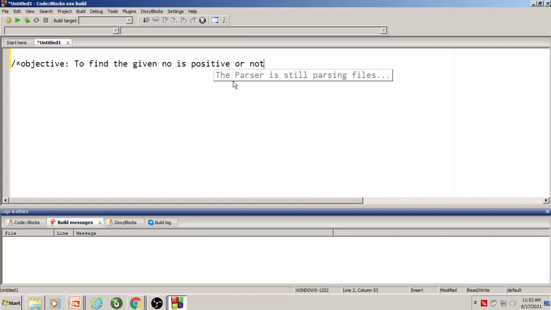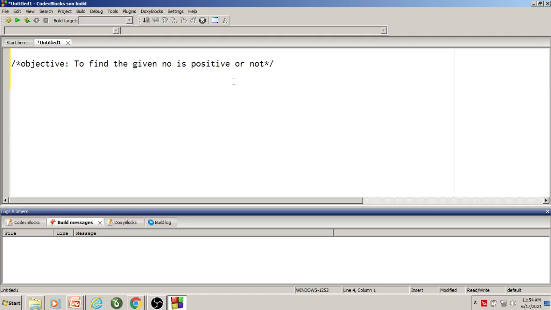So that's all. I don't bother about if it is not positive, whether this number is negative or what. I don't bother about this. So my objective is to check only for positive. So if the entered number is positive or not, that's all.